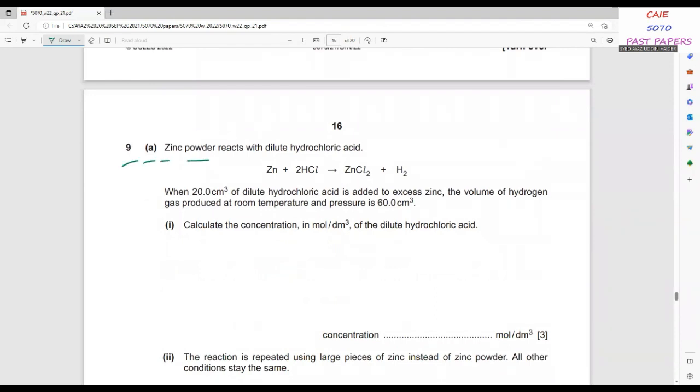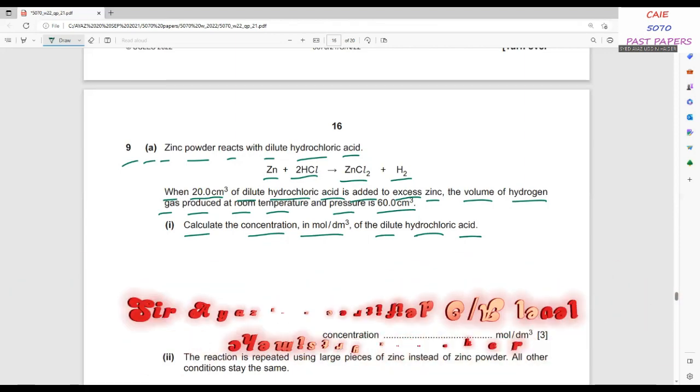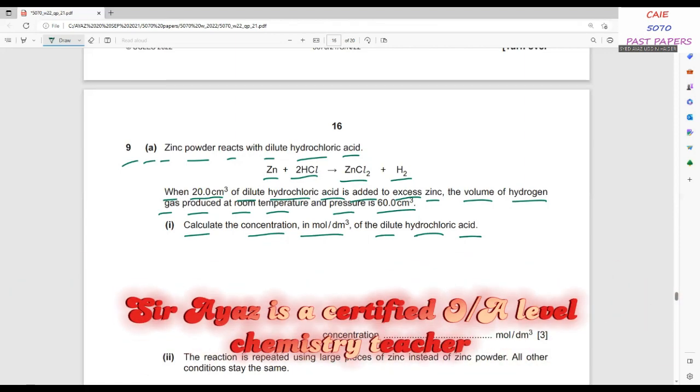Question 9A. Zinc powder reacts with dilute hydrochloric acid. This is the reaction between zinc and hydrochloric acid: Zn plus 2HCl gives ZnCl2 plus H2. When 20 cm³ of dilute hydrochloric acid is added to excess zinc, the volume of hydrogen gas produced at room temperature and pressure is 60 cm³. Calculate the concentration in mol per dm³ of the dilute hydrochloric acid. First of all, we need the moles of hydrochloric acid. In order to get that, we need the moles of hydrogen gas produced, which is 60